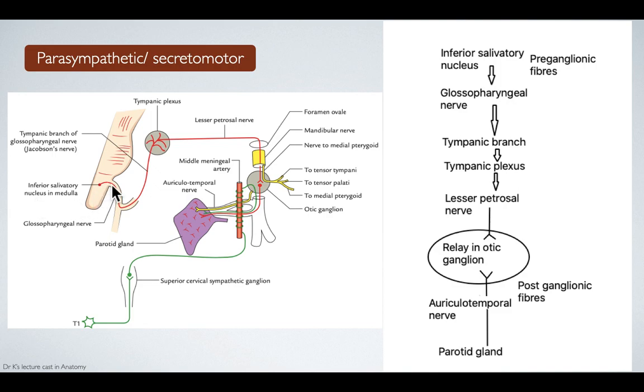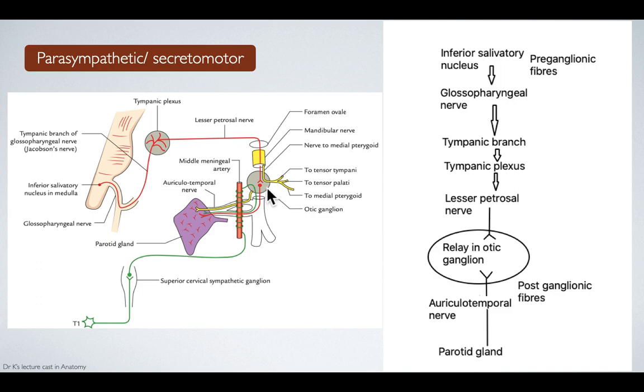So one person started carrying it, which is the glossopharyngeal nerve. It is the senior most. It is sending a message of secreting saliva to the tympanic branch of the glossopharyngeal nerve, which forms a plexus, a network. From this network, a person starts, which is the lesser petrosal nerve. And there is a station here. What station is that? This is the otic